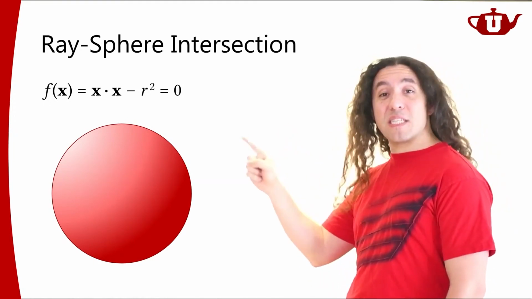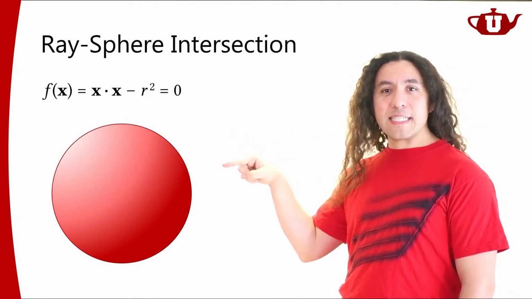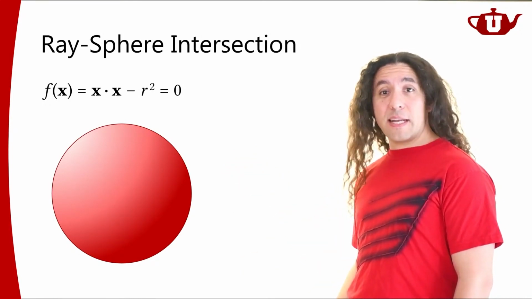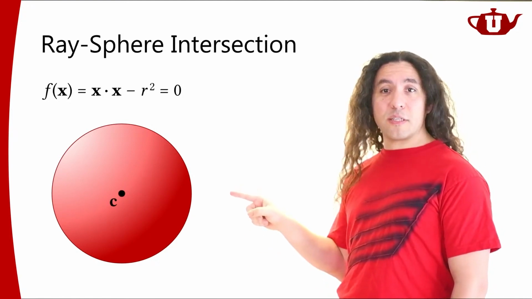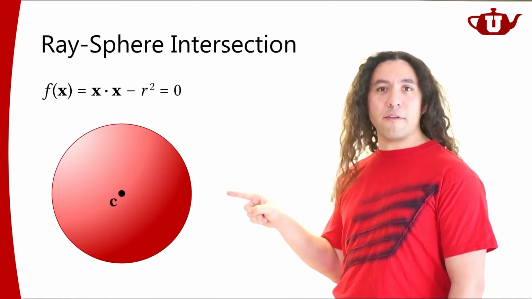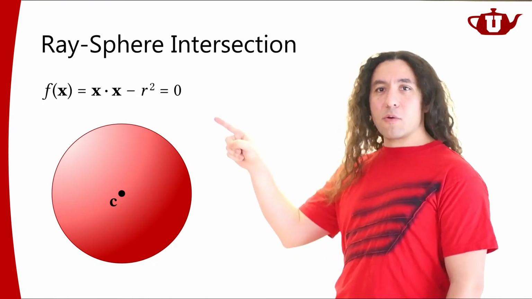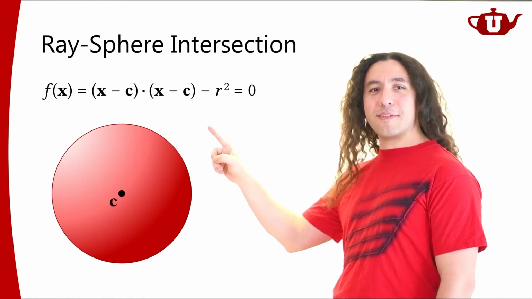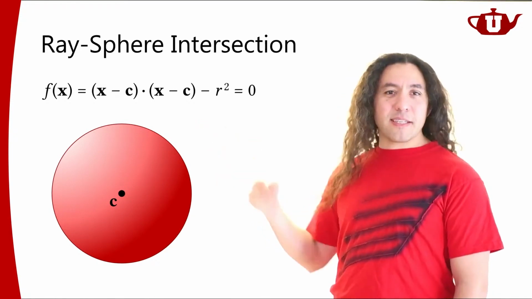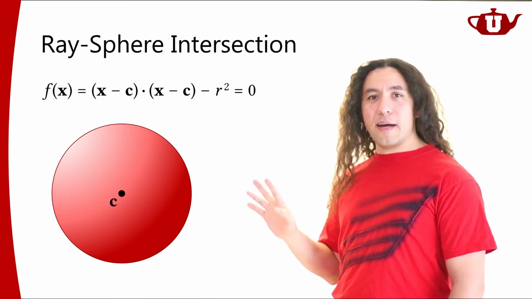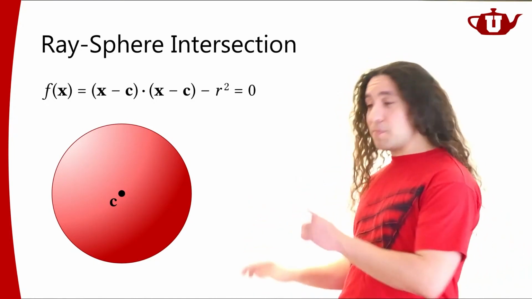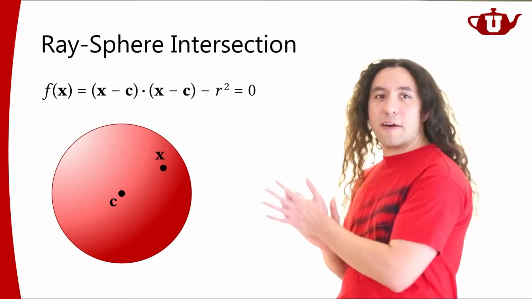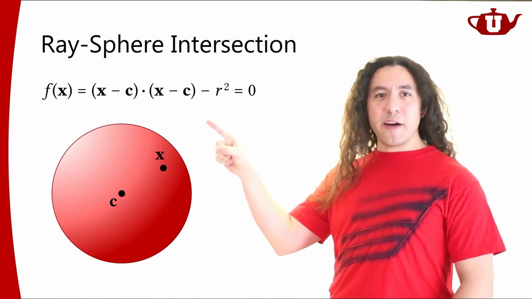But this is specifically a sphere that is at the origin, right? If the sphere is not at the origin, that is, if its center position is not the origin of my coordinate frame, then this equation will turn into this equation. This is the sphere equation that I like looking at. Any position x on this sphere will of course satisfy this equation. But I like writing it this way because I find it quite intuitive.